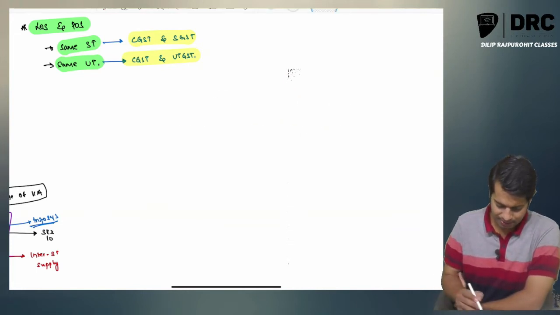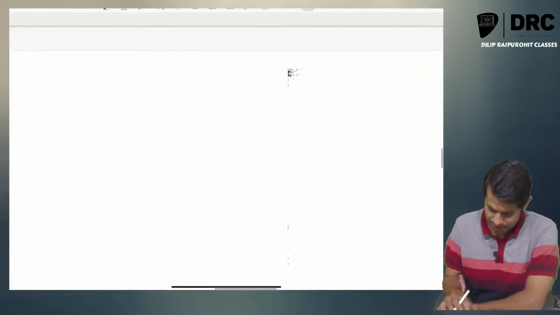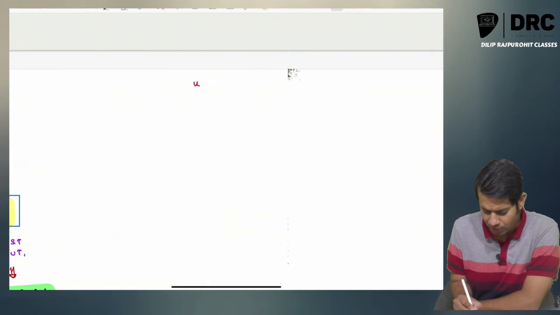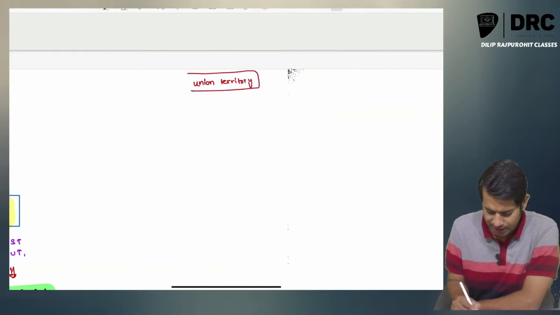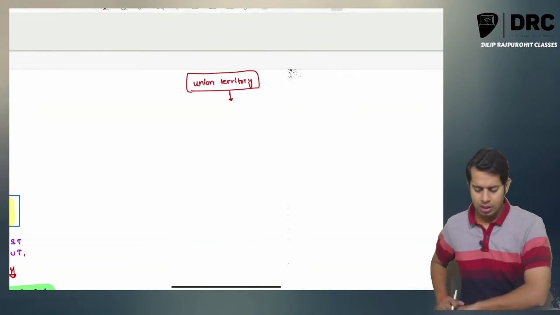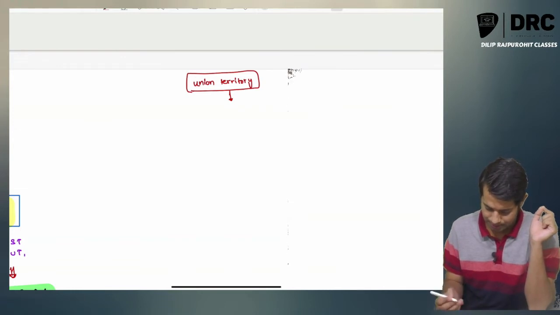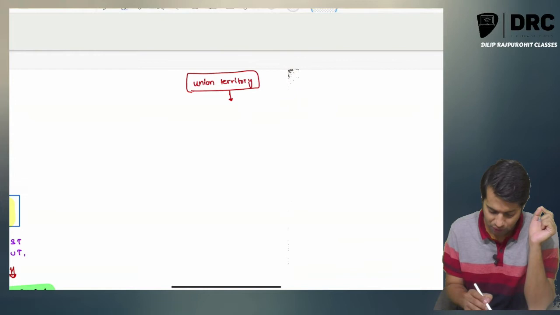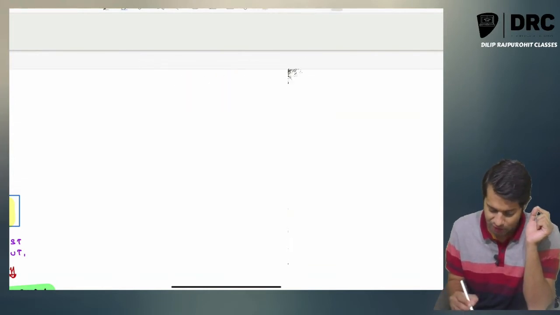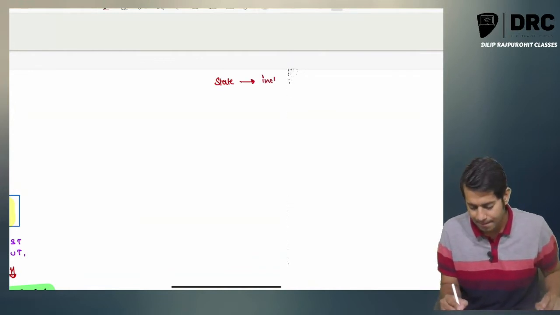For example, we'll take some cases. Now, before taking the examples, let us understand what we mean by union territory. The definition of union territory gives the list of union territories. There is a definition of state which is given. The state definition says state includes union territory